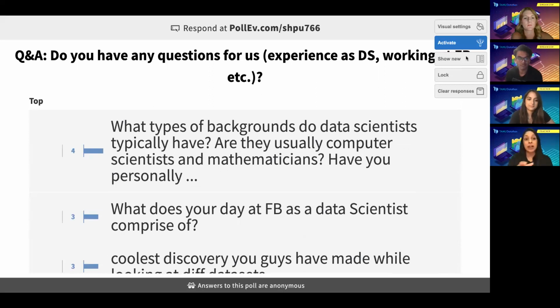Obviously, you can imagine that an ML engineer is very CS heavy. We have a lot of machine learning PhD candidates, and we also have regular computer science people who did a lot of software engineering and became machine learning engineers. For the traditional product analytics data scientists, we tend to weight statistics really heavily, but we also care a lot about product sense. So if we were to ask you to break down a product and how you would think about what the user experience is, what the most important factors of a user experience are, and how you break those down into metrics and goals and analyses, those are the important skills.